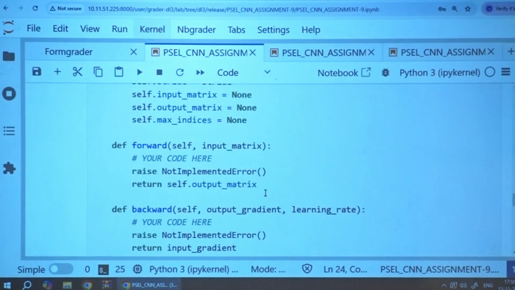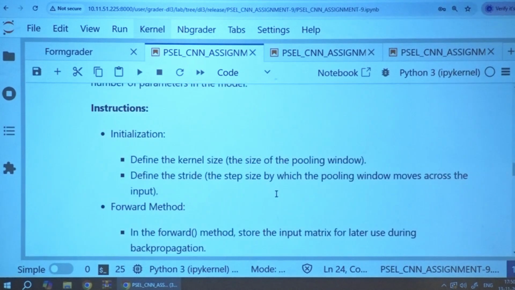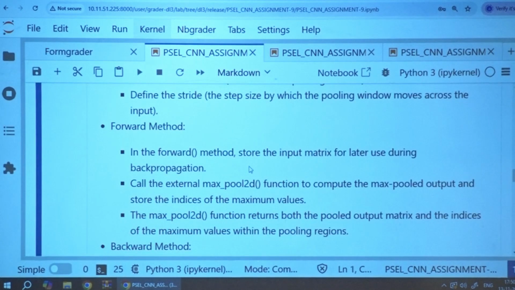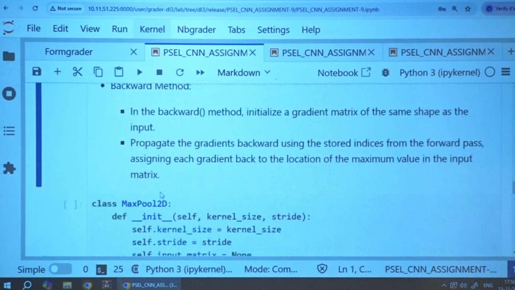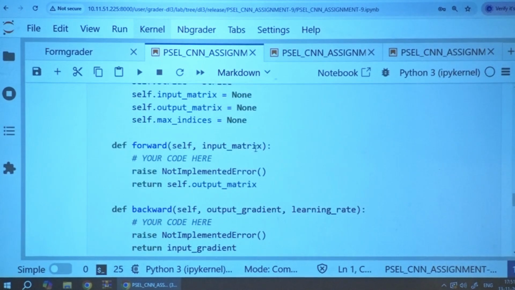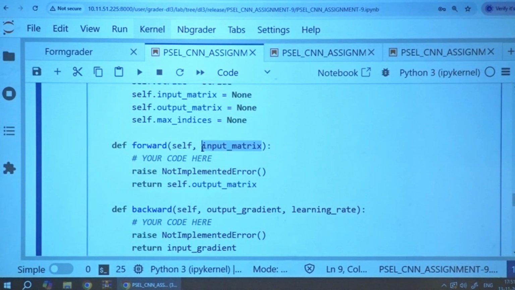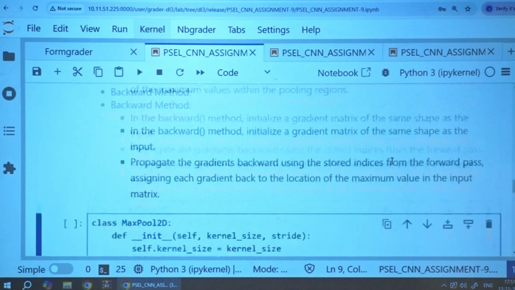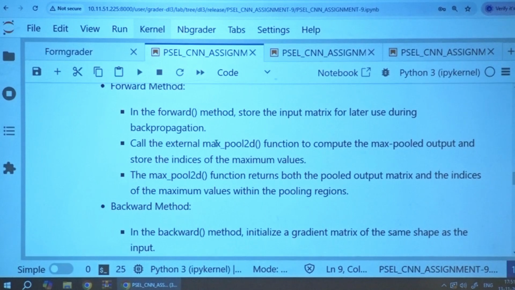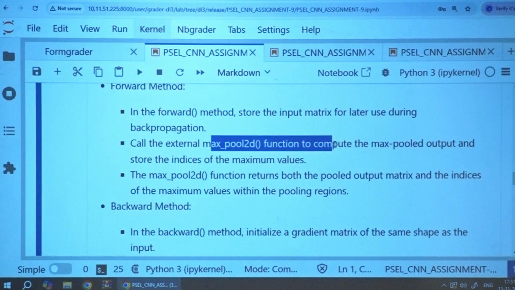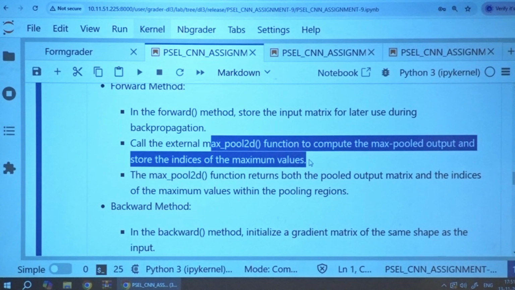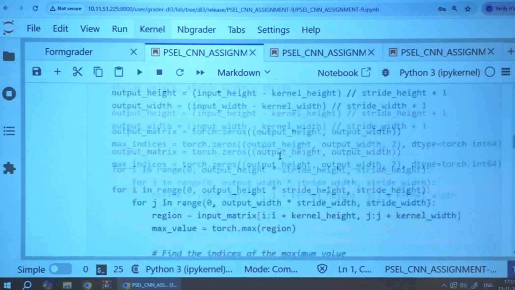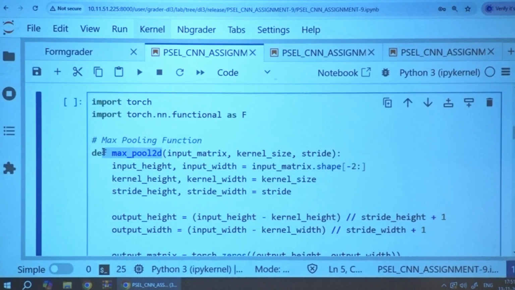Let's come to the forward pass and backward pass. Forward pass is very easy, just have a look. Store the input matrix for later use. Where did you get the input matrix? Here it is. Take it into the reference variable. Next, call the external max pooling layer which computes the max pooling output and stores the indices. The max pool function is already defined here, provided to you.